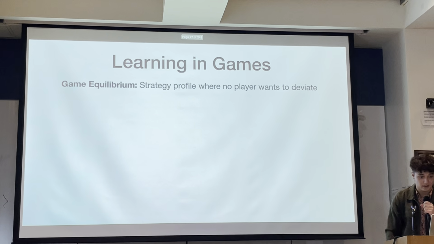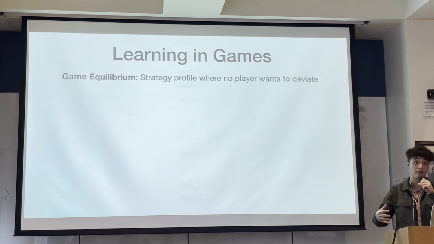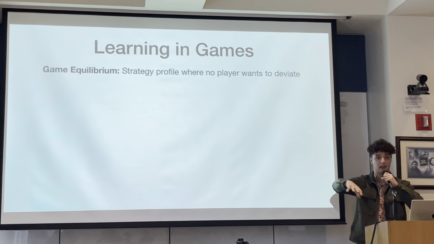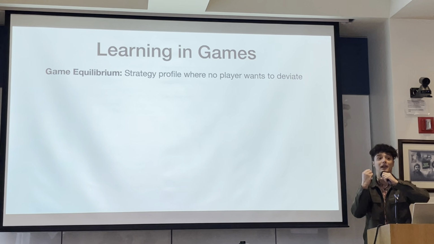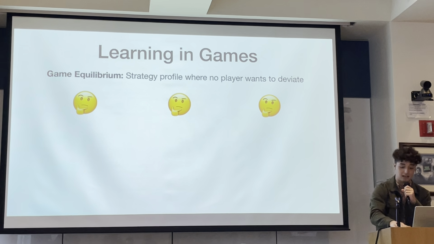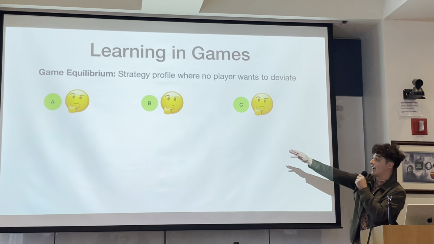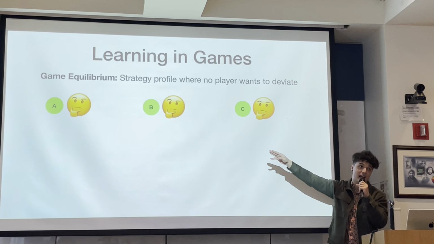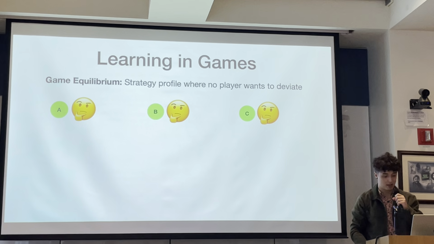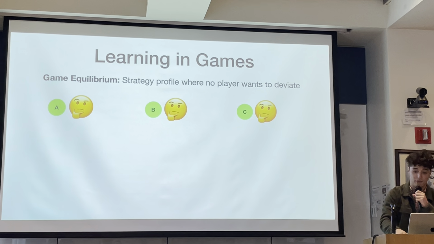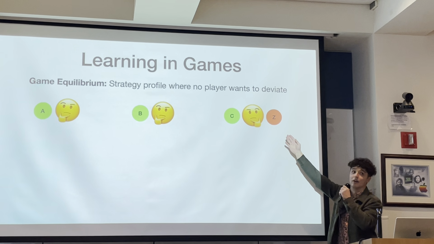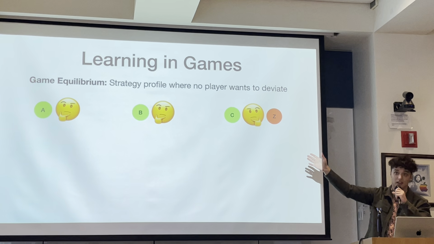Let me explain. In a game, a notion of equilibrium generally is some sort of strategy profile, a profile of all the player strategies, where no player wants to deviate. What that could look like is I go to each of the players in a game, tell this guy to play action A, this guy to play action B, and this guy to play action C, and no one wants to do something different than what I've suggested. But this would not be an equilibrium if one of these players says, I don't know, Max, I don't want to listen to you. I'd rather deviate and play this action Z.